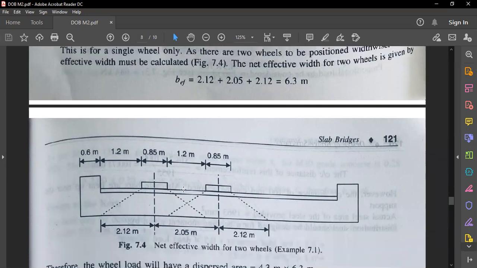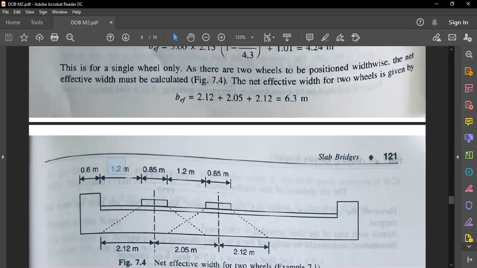So like this, you have to arrange your vehicle here. This 1.2 meter is the small c clearance given in IRC 6. Check, small c given in IRC 6, 1.2 meter. You have to arrange the vehicle like this: 600 mm footpath, and from the footpath edge to the wheel edge, you have to leave 1.2 meters, which is given in your code book. This c varies with loadings. For class A wheeled vehicle, this is 1.2. Leaving 1.2 meter, I have placed my vehicle wheel, which is 0.85 meter wide, and the next wheel is at 1.2 meter distance, again 0.85 meter wide.